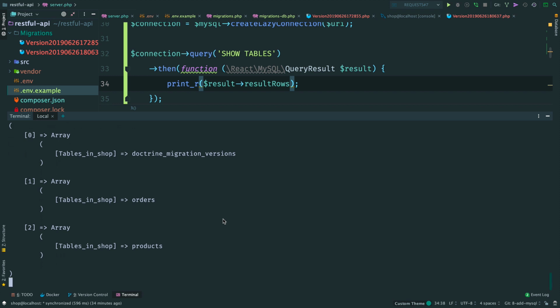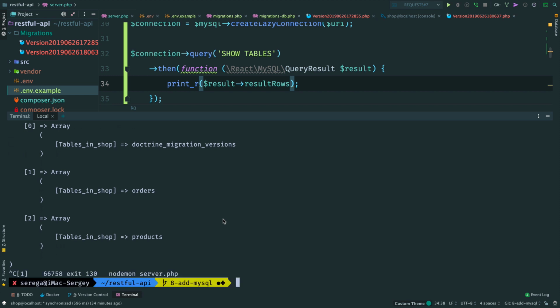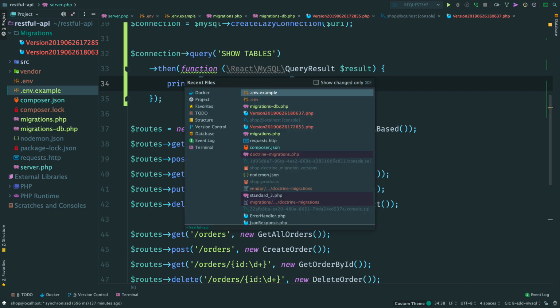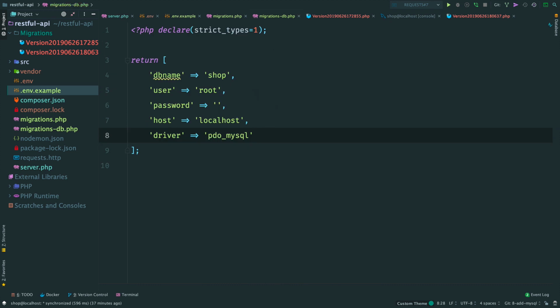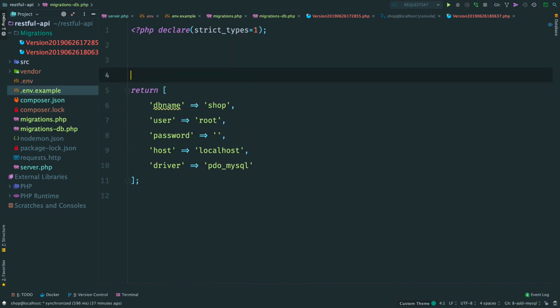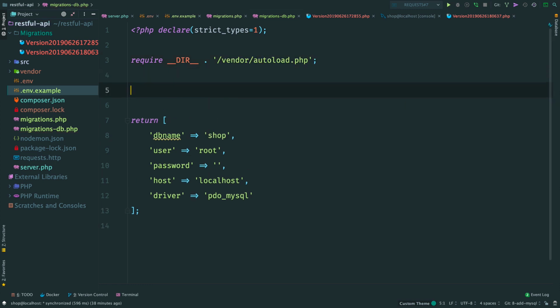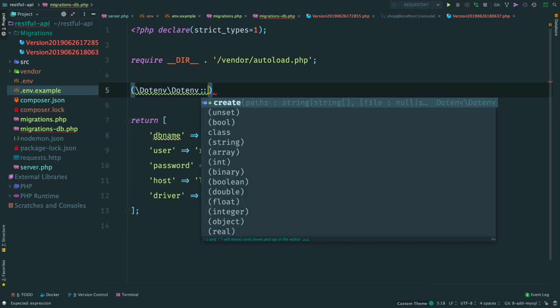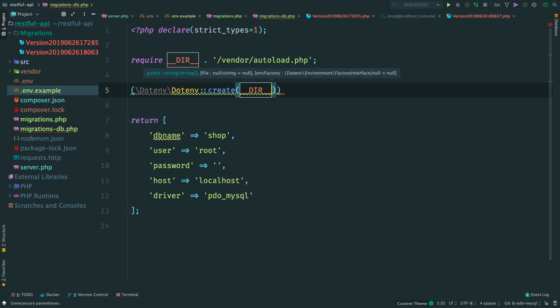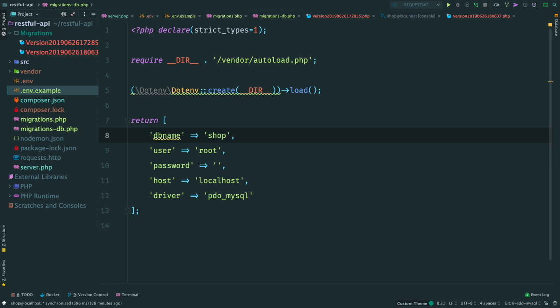Let's also replace hard-coded values in the doctrine migrations config file. Require the composer autoloader, instantiate Dotenv, and load the environment file. Then replace hard-coded values with environment variables.